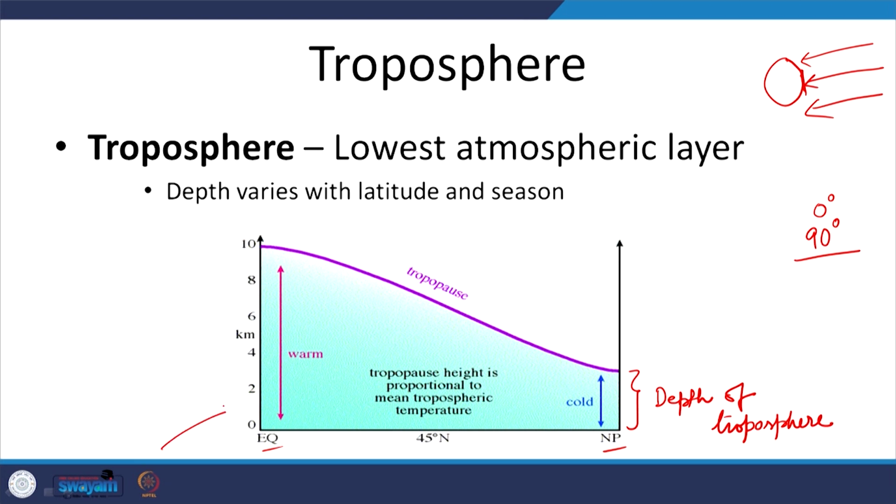Now, most importantly, why does the temperature decrease from the ground in the troposphere? It is simply because, let us say you have an object which is hot. As you go away from the hot object, the temperature will decrease. That is it. It is as simple as that. So, temperature decreases in the troposphere as you go up. The height of the tropopause is maximum at the equator because of the more heating due to solar radiation, and the height of the tropopause is less at the poles. It is nearly 17 kilometers at the equator and about 6 kilometers at the poles.